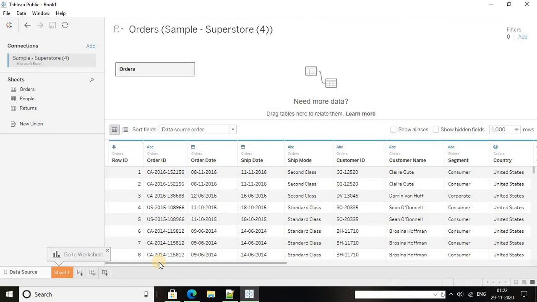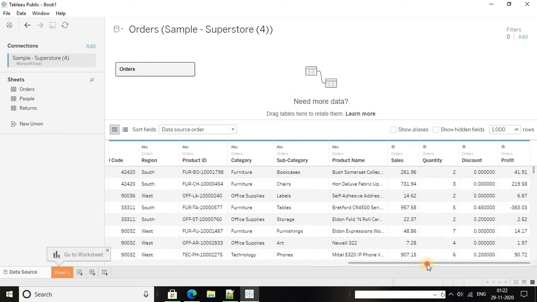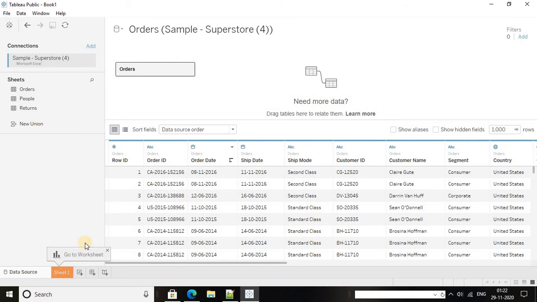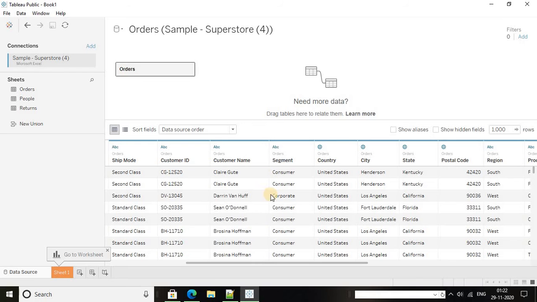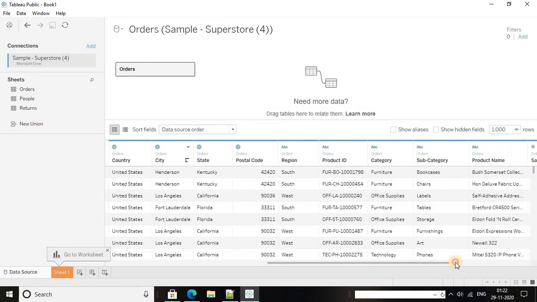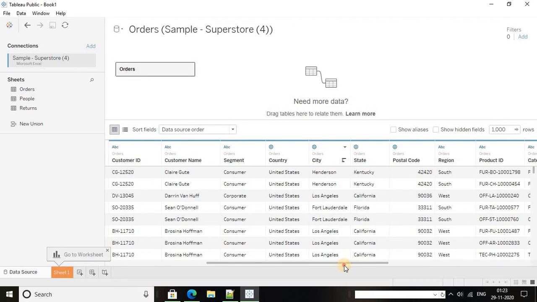We can see that each order from the superstore is listed here. It contains the order ID, order date, ship mode, customer name, segment, city, the product details and extra details.